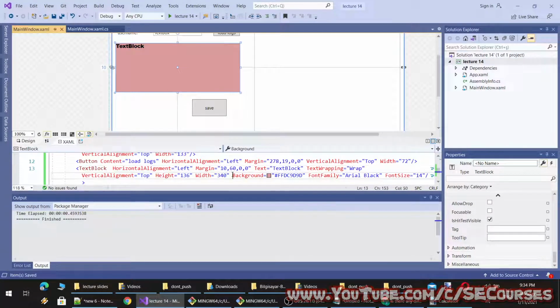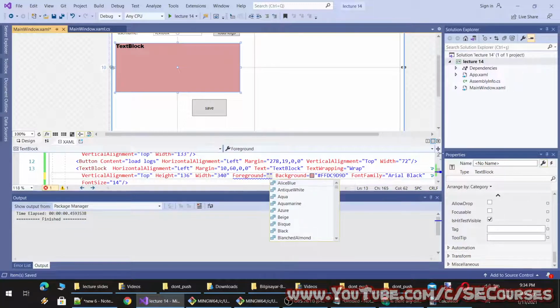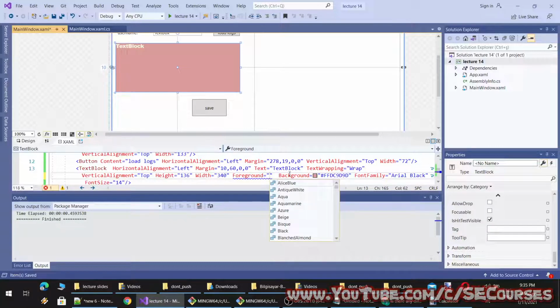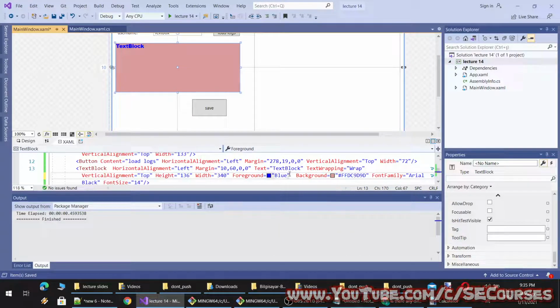There's background and maybe foreground. So the foreground can be, let's change it from here. Maybe blue. It is not important.